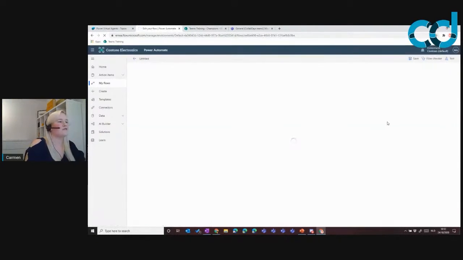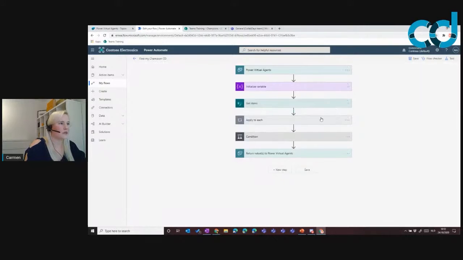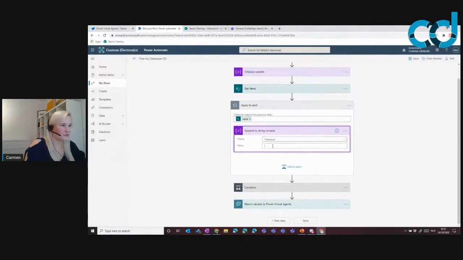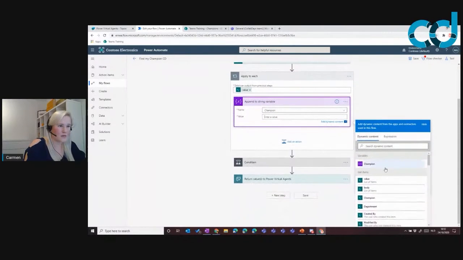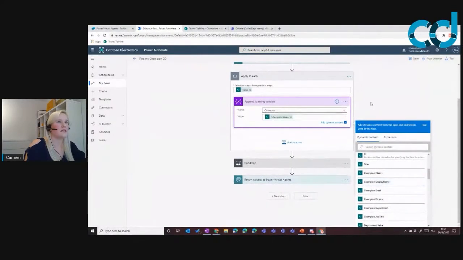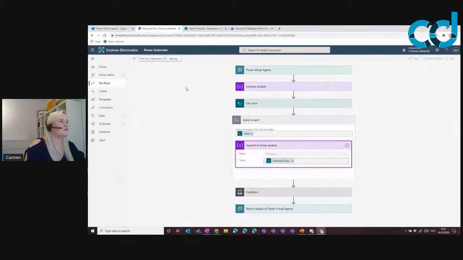If I edit the flow, it's in my apply to each, in my append to string variable. I don't have to choose, of course, the entire champion, but I need the display name. Champion display name is what I needed. If I save this